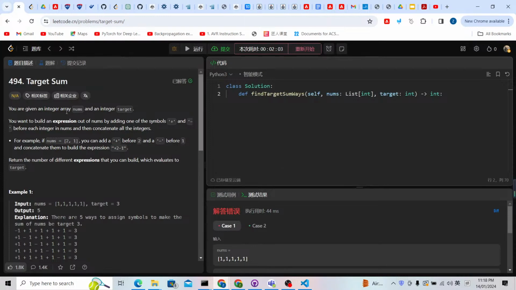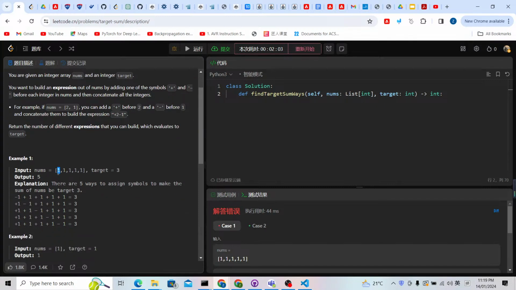Let's try to solve LeetCode problem 494, Target Sum. We are given an integer array nums, and we are also given an integer target, and we can turn this nums into positive or negative. It means we can add a positive or negative sign just before each of the integers inside of the nums. And finally, we just need to calculate the sum of all the values after we add these minus or